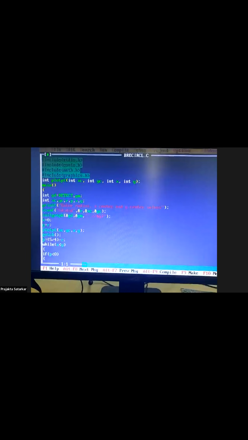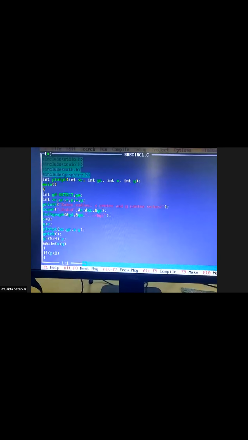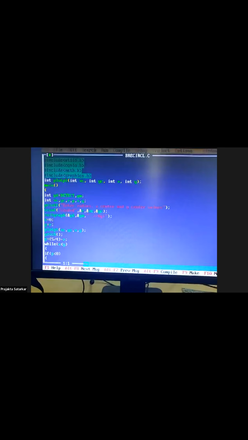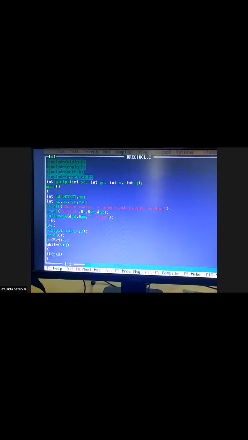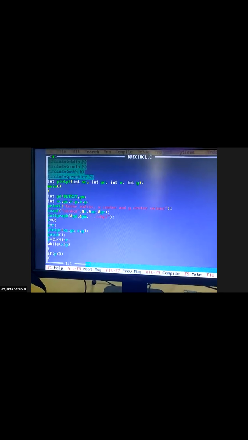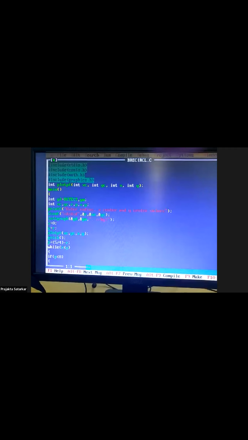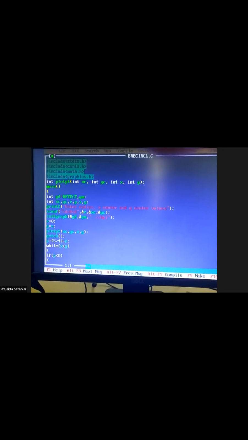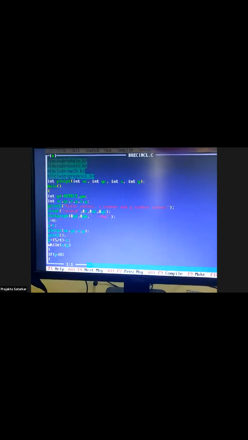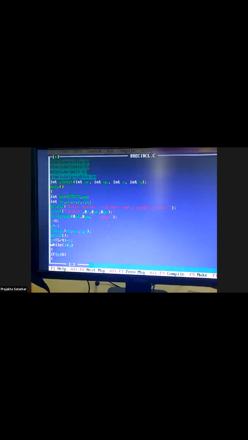So first, we are going to print the statement: enter the radius, X and Y center values. You have to accept it from the user side by using scanf. So the printf statement is for accepting the radius value, X center and Y center. Then scanf is used. I'm accepting the values in R, XC and YC respectively.